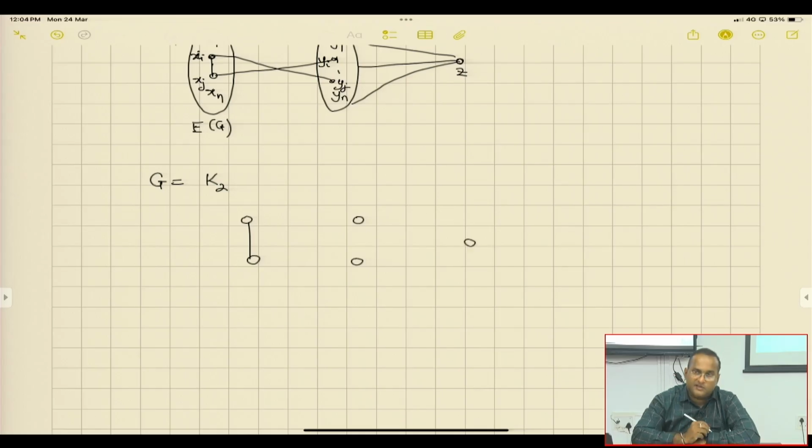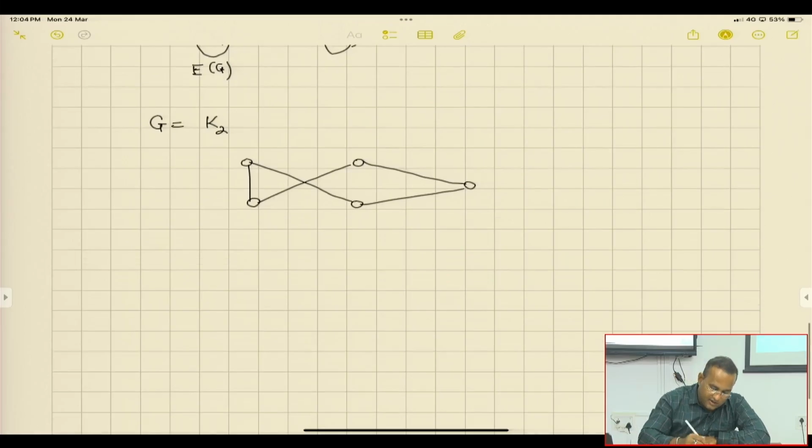Then a vertex Z. This is made adjacent to these two, and this will be made like this, and this will be made like this, right? So it is basically C5, right? So if G is C5,